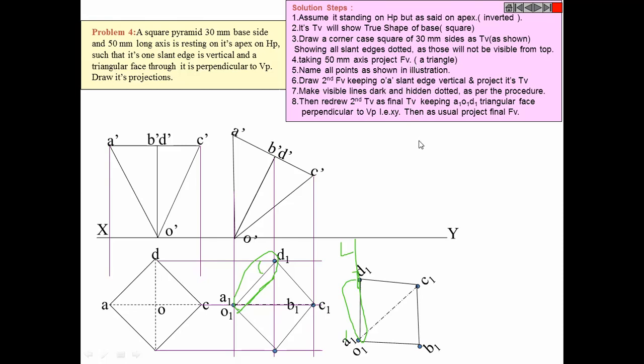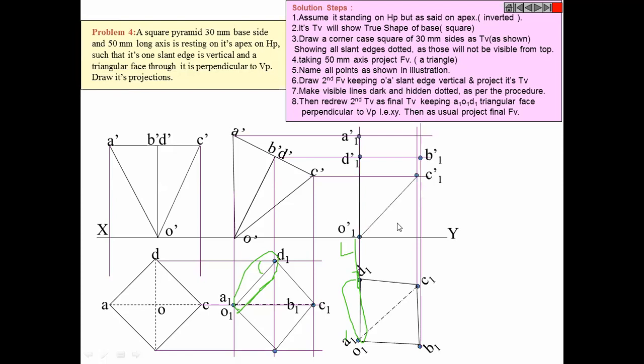Got it? Now let us see. So we'll draw its projection both ways and then we will join them. Okay. Now here I will again explain which will come dotted, etc. So we are seeing from this side. Now what is the farthest point? This D and C. Both you are seeing through the solid only.